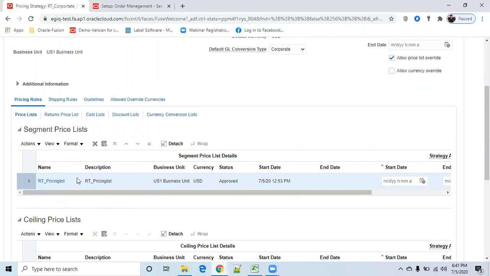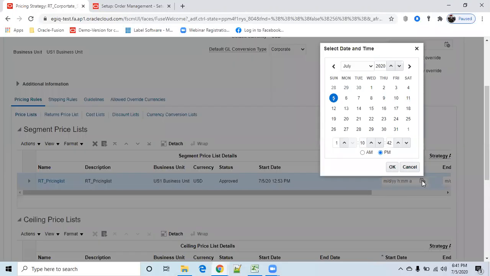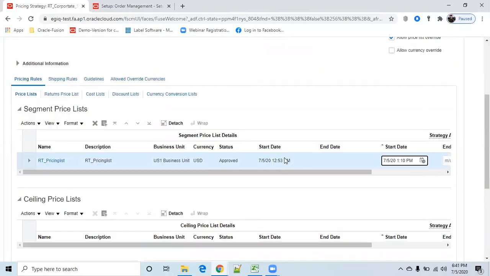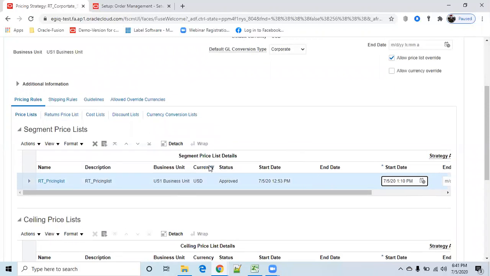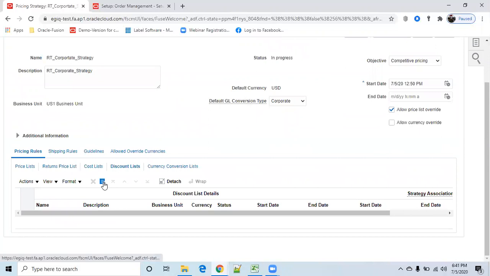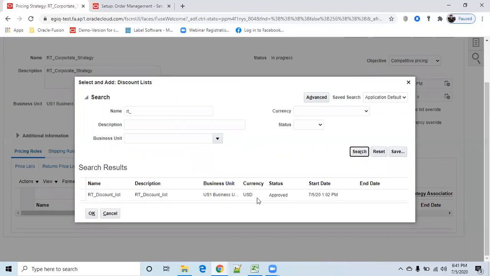So now I selected pricing list. Similarly, I want to select discount as well. Okay, ceiling price, these things and all you have to do it. I'll let you know what is ceiling price, what is GSA price. Then go to discount, click on plus, just pull your discount one, click on OK.